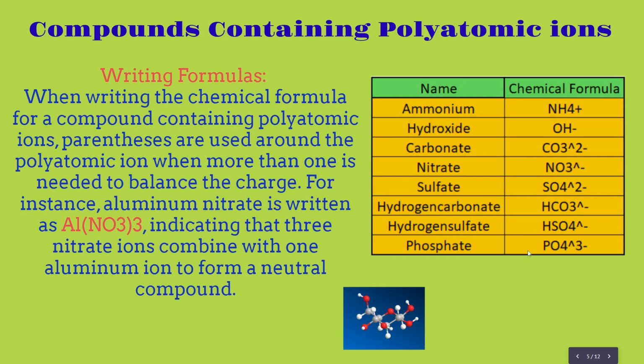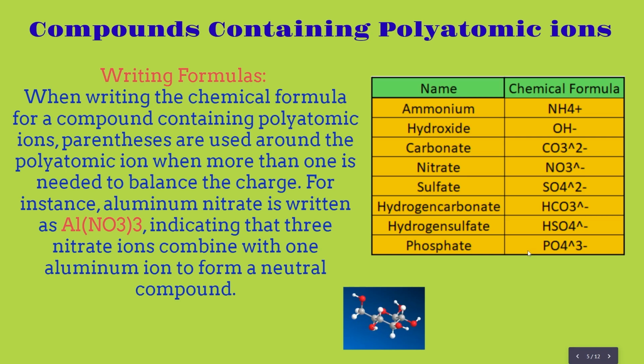So how can we write the formulas for these polyatomic ions? When writing the chemical formula for a compound containing a polyatomic ion, we need parentheses. We only use parentheses on a polyatomic ion when it has to balance the charge, which means when we have multiple of the same polyatomic ion. For instance, if we have aluminum nitrate, we write it as Al, and then in parentheses we put NO3,